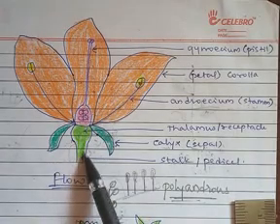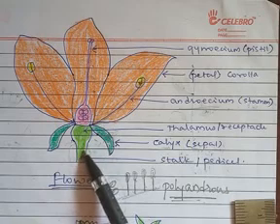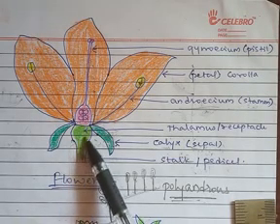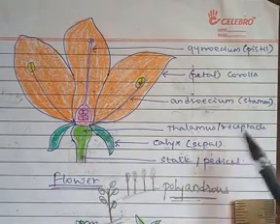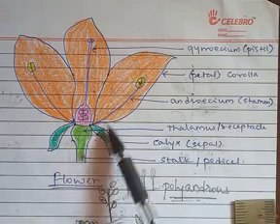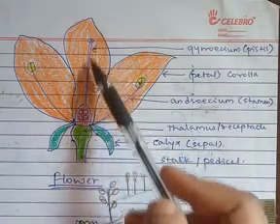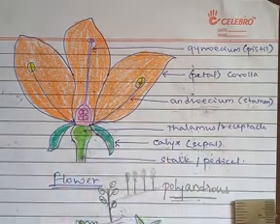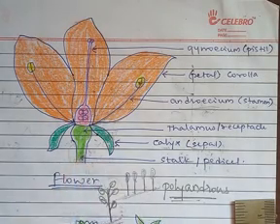So this is the stalk of the flower, or it is also called the pedicel. With the help of the stalk or the pedicel, the flower remains attached to the plant. Then at the top of the pedicel you can see this swollen structure which is called the thalamus or the receptacle. On this thalamus, the four important whorls of the flower are arranged. That is the calyx, corolla, androecium and gynoecium are arranged on this thalamus, and that is the reason it is called the receptacle. Sometimes the flower will not have a stalk. In that case, the flower is called a sessile flower.